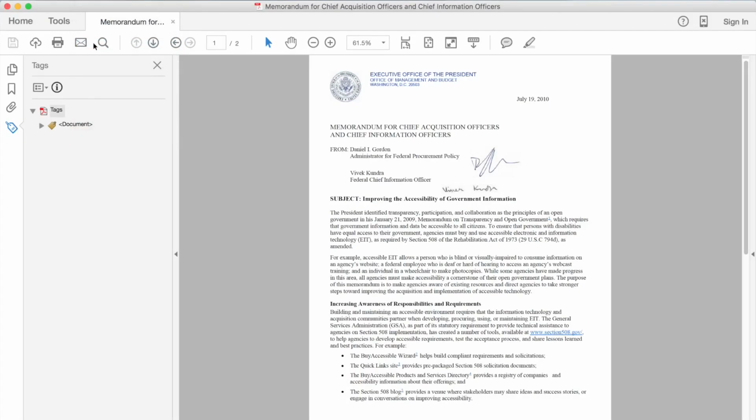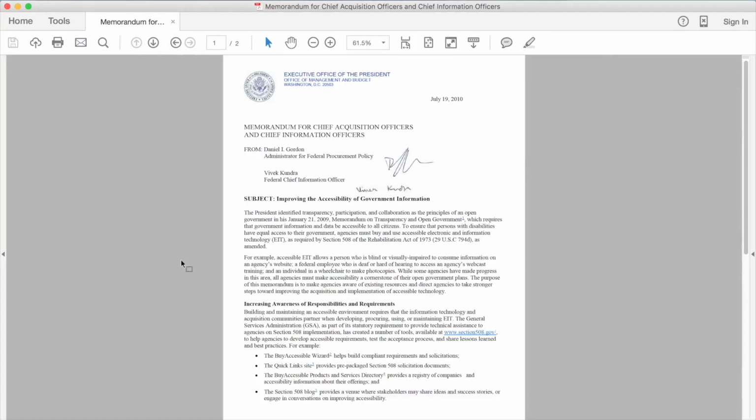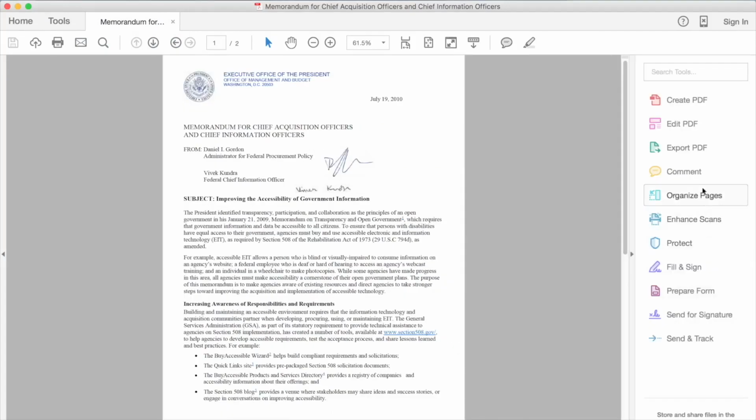We're about to do something that will cause a bug to occur in Acrobat. We'll end up closing the PDF in a minute and reopening it because it'll be too much of a pain to fix it later. I'm going to close the tags pane for a second because the next part won't need it for a while. Open the tray on the right side of Acrobat to expose the Tool shortcut menu.